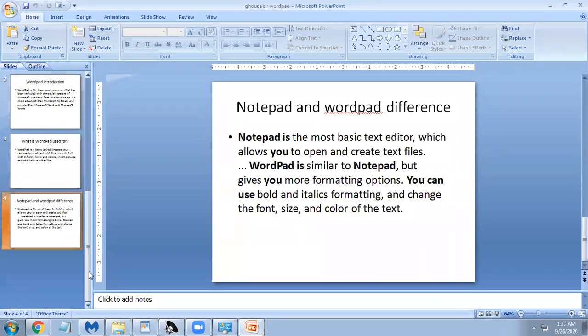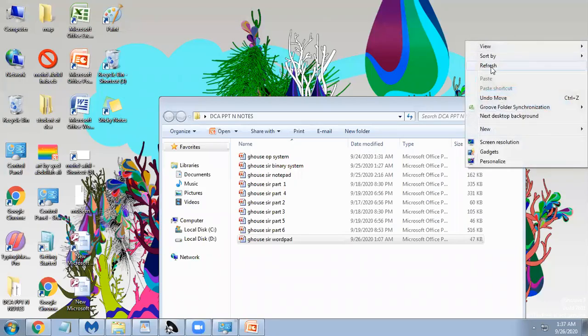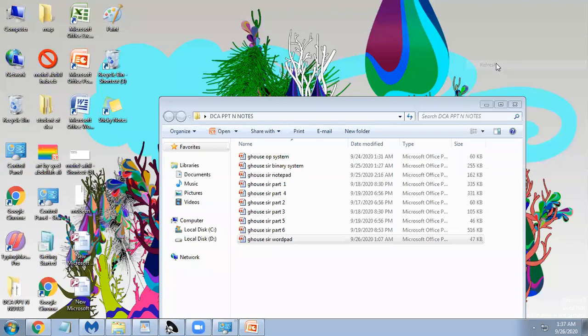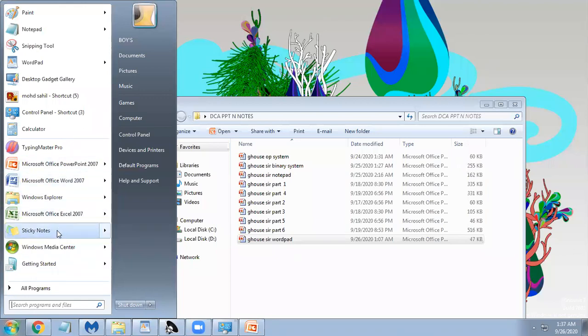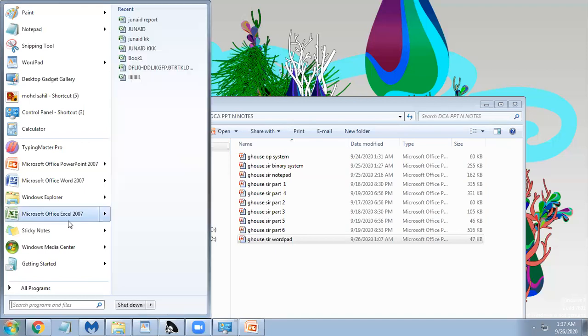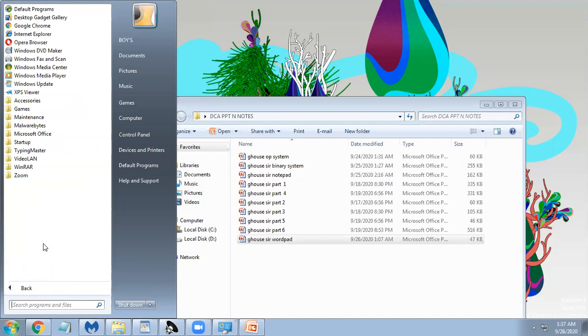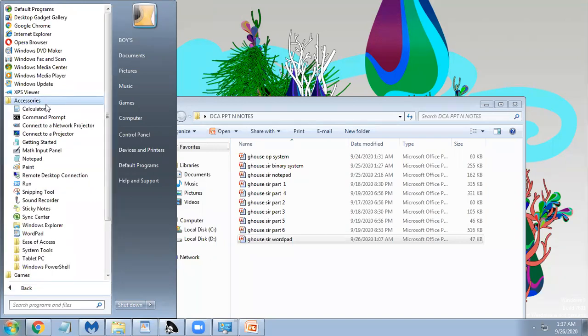Now I will show where WordPad is actually located. We go to Start, then All Programs, and then Accessories.